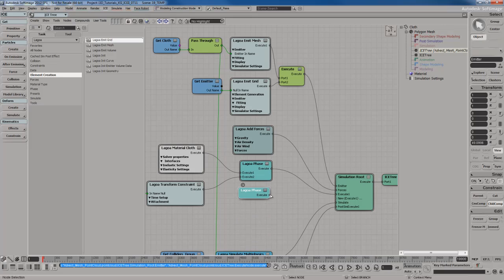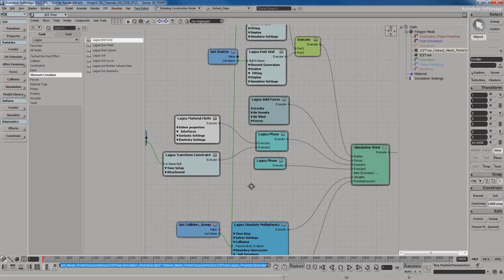And I'm going to take this one and plug it into this new execute 1 port over here. So basically we're going to create a new execute port in the simulation root. Execute 1 is for this first phase and execute 2 is for this new second phase that we've just created. We're also going to need another material. Now the material can be anything you want. In this case,